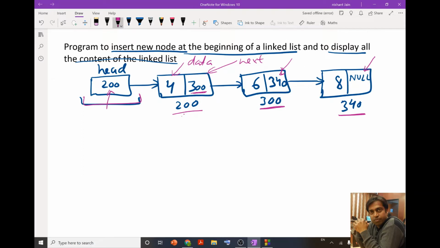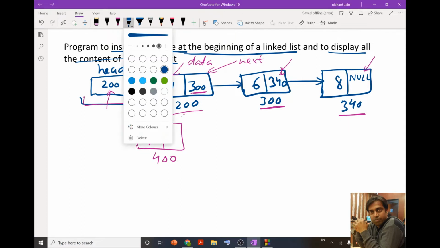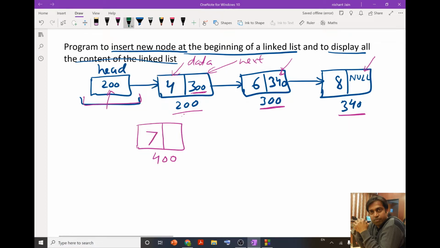Now when we want to insert a node at the beginning, suppose I want to insert a new node, first of all I need to create a new node like this. Let the address of this new node be 400. After creating the new node, I first enter the data, and then somehow I need to insert this node over here.